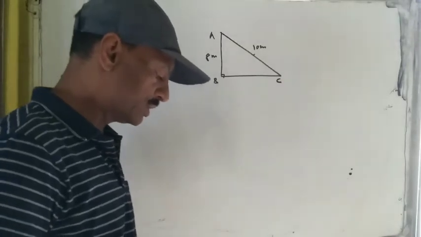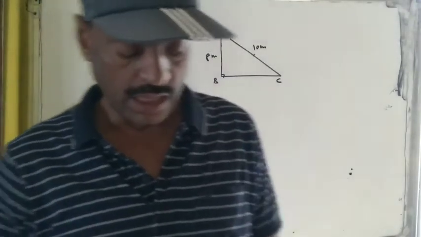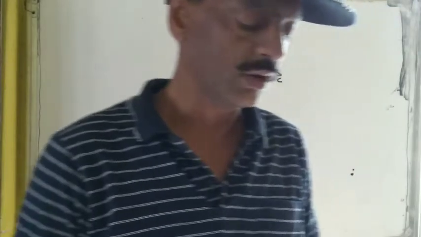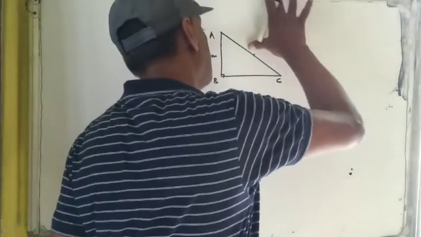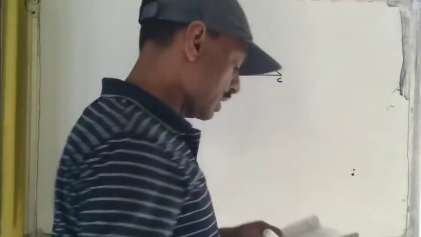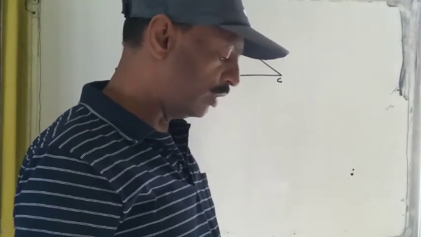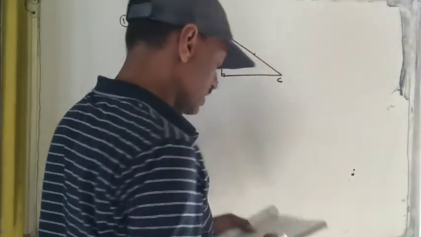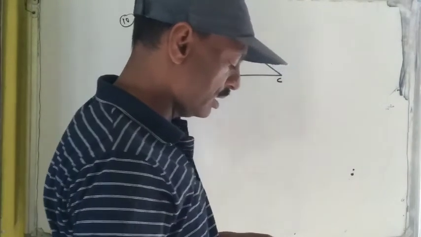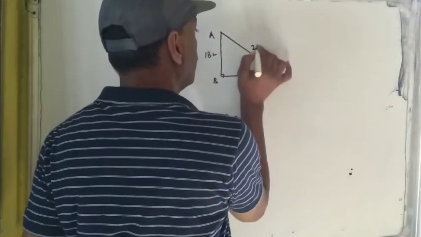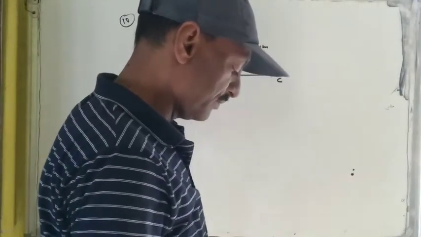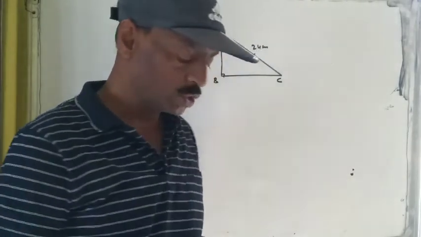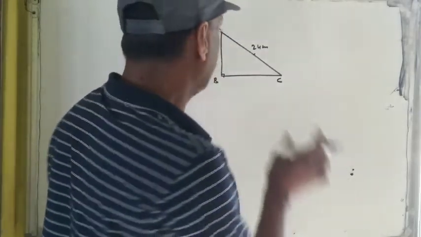Now next question, question number 10. A guy wire attached to a vertical pole of height 18 meter is 24 meter long. A wire is there, the same type of figure, and the question is that a wire is attached to a vertical pole of height 18 meter. The height of the pole is 18 meter and the length of the wire is 24 meter. How far from the base of the pole should the stake be driven so that the wire will be taut? So we have to find this BC.